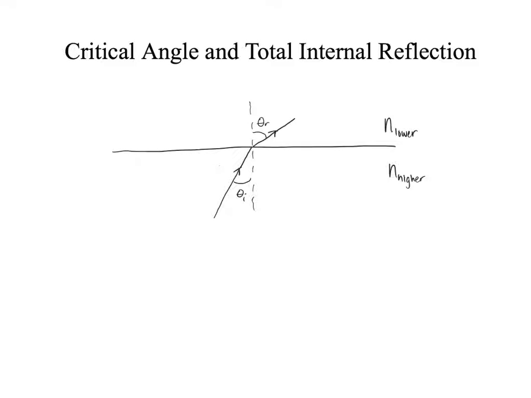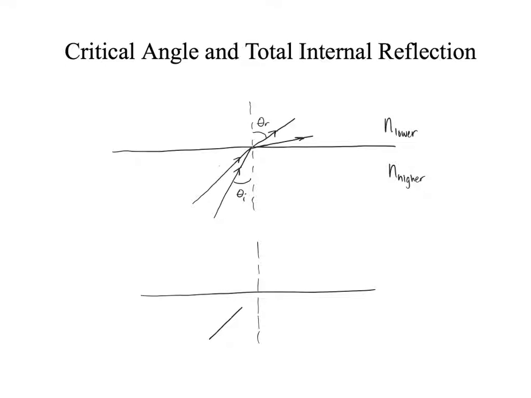So what happens then, as we might expect, is as our angle of incidence grows, of course, so will the angle of refraction. And you get to a situation where, I'm going to show it on a separate drawing,